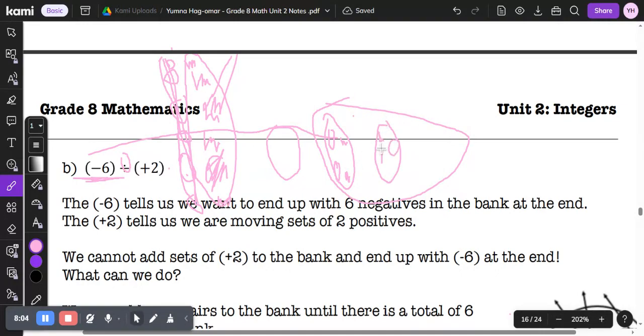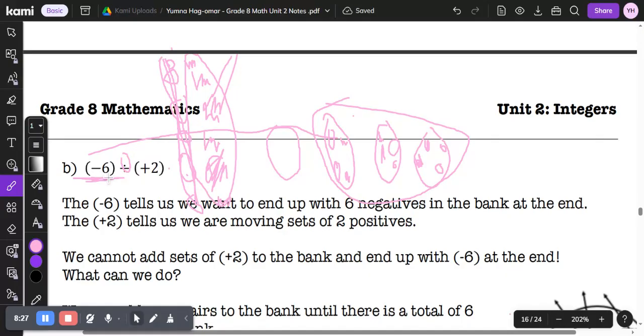One second, I cannot draw. This is so bad. Okay, 1 second. Okay, that's 1. Okay. So,